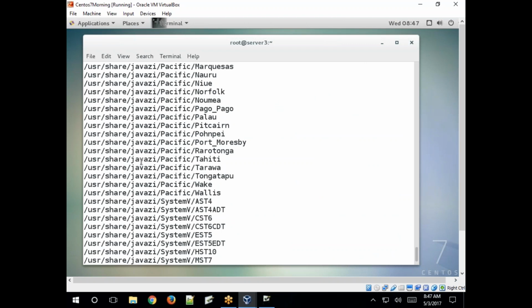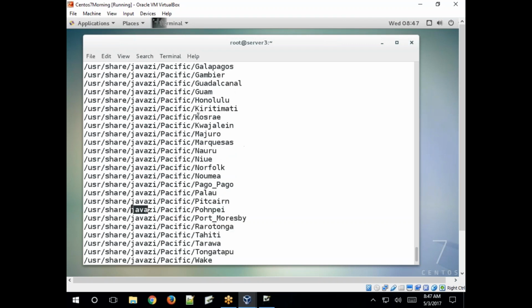We are not searching the whole world, but a specific name Java, and it returns matched paths as well as exact file names, both.